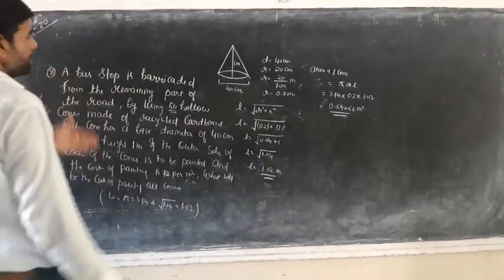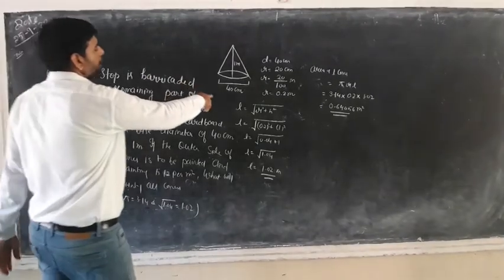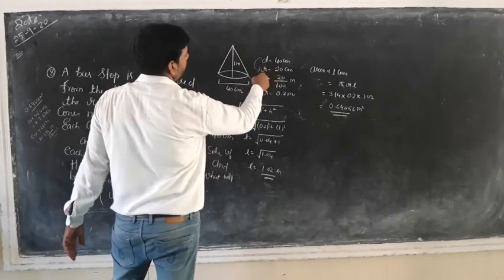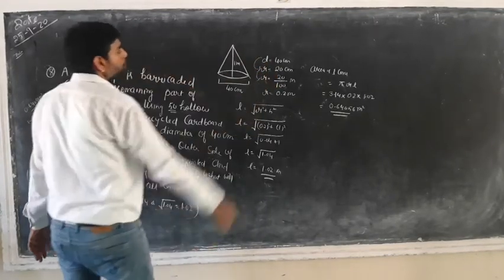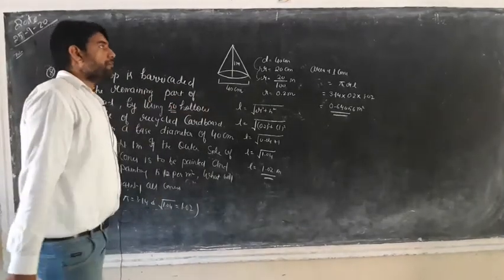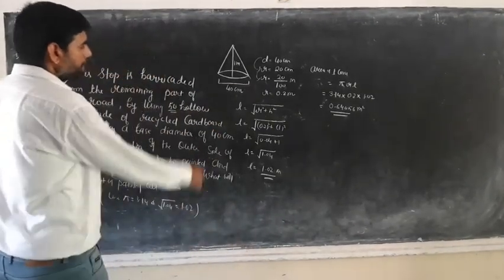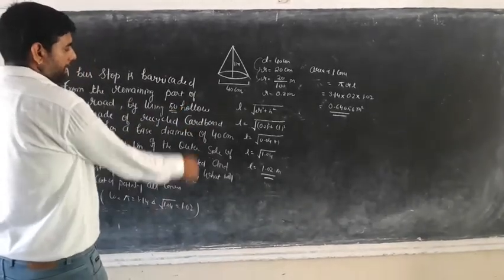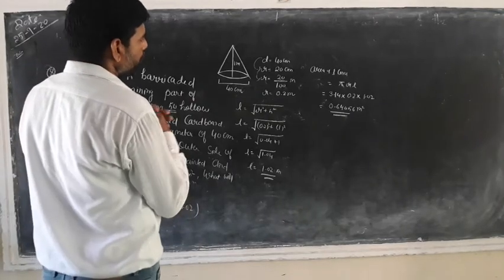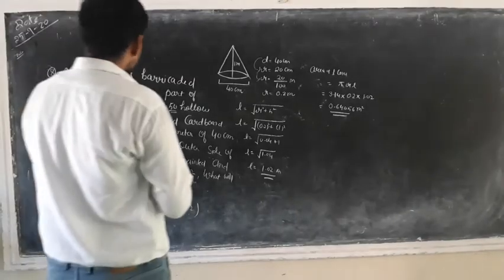In the given question, the height is in meter and the base diameter is in centimeter. First we convert the diameter into the radius. Radius is half of the diameter, and centimeter converted to meter is 20 upon 100. So radius is equal to 0.2 meter. And first we find the slant height of the cone, because the area of a cone is equal to pi r l. The slant height is equal to under root r square plus h square. The slant height will be 1.02, and the area of one cone is equal to 3.14 into 0.2 into 1.02, which is equal to 0.64056 meter square.